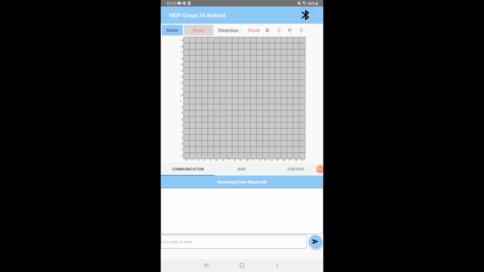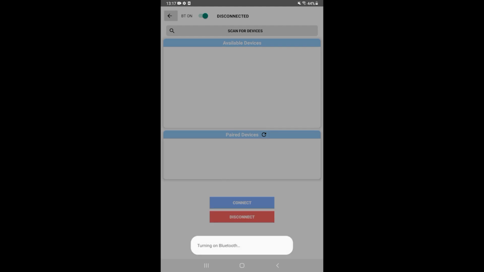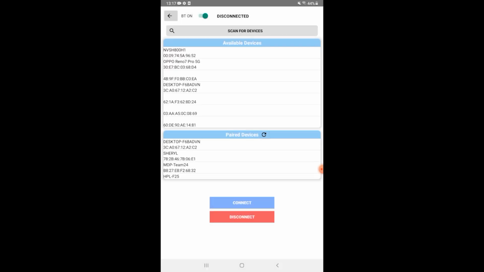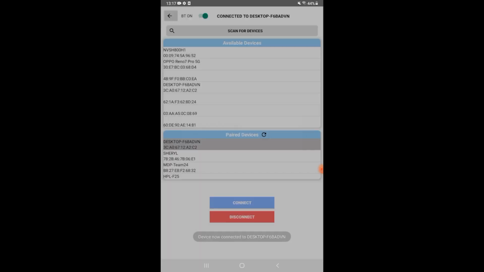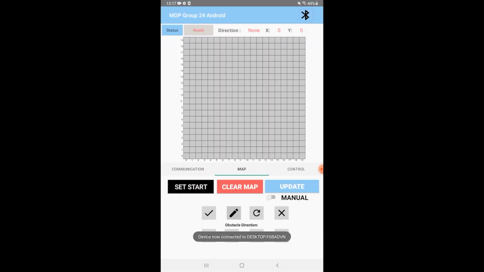The Android application has four main functions: Bluetooth connectivity, two-way communication to the robot and the RPI, configuration of the arena, and control of the robot. The application uses Bluetooth to connect to the RPI, which in turn connects it to the robot. The Discover Devices button scans for all Bluetooth devices in the region, and the Connect button opens the connection to